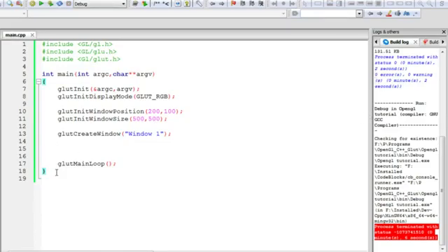The GLUT library requires callbacks for all types of interactions. One of the callbacks is a display callback. A display callback is a function which is called whenever the window needs to be redrawn or needs stuff to be displayed on it. Like when the window is first displayed, a display callback has to be called because the window is being